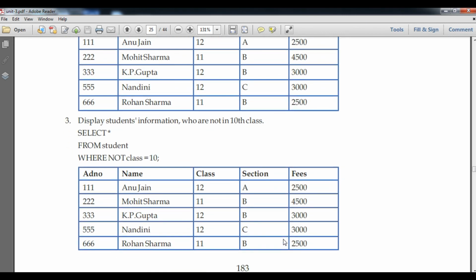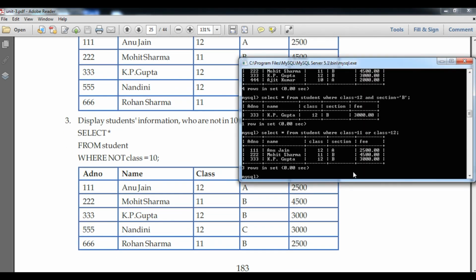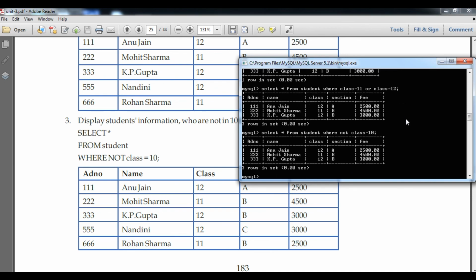Okay, and not. This command is the same as what we used earlier, not equals to. So select star from table name student where class is not equal to 10.